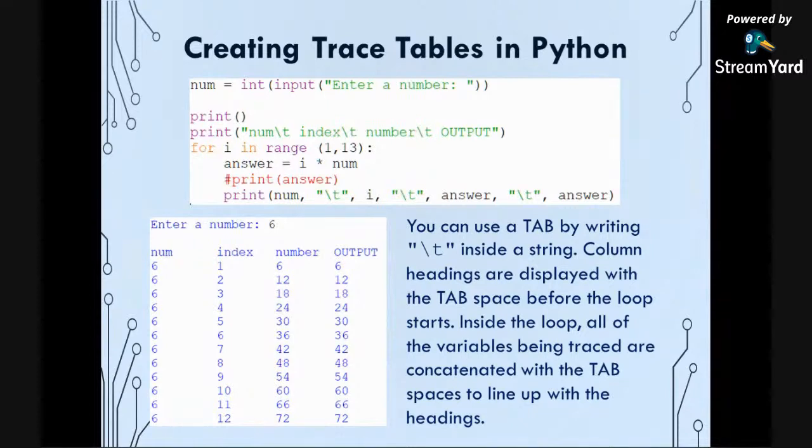So being able to use a tab, you're using that \t, a bit like our \n, which denotes a new line. \t just means this tab space, which is the button above the caps lock. It's how we add our indentations into our code. So that gap there is a tab, and \t allows you to write that in programmatically. So you can see here, num \t, index \t, number \t. That allows us to have this gap here,